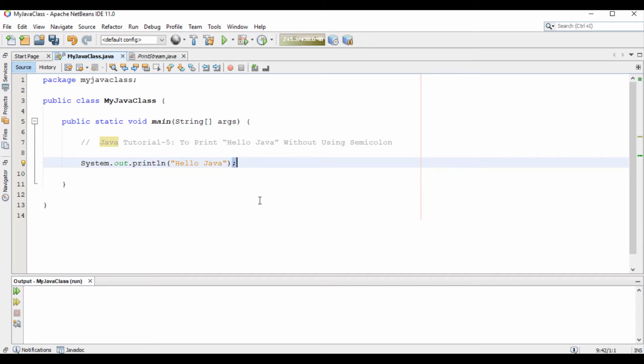Every statement in Java must end with a semicolon as per the basics. However, there are a few scenarios when we can write a running program without semicolon. How do I do it? If we use if, suppose giving if